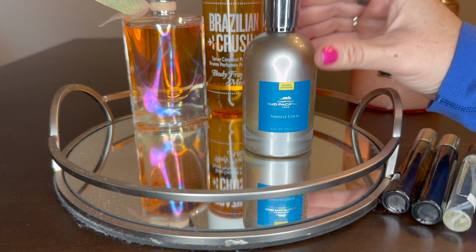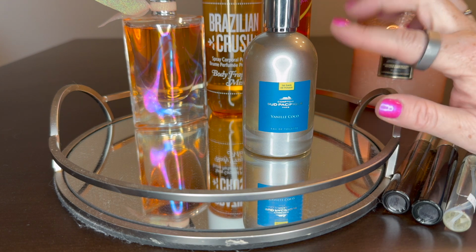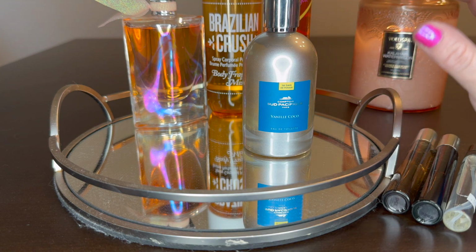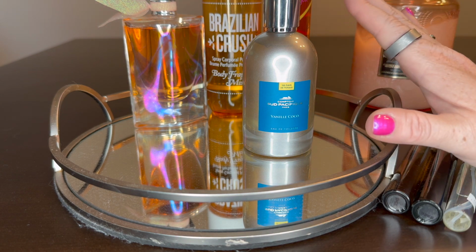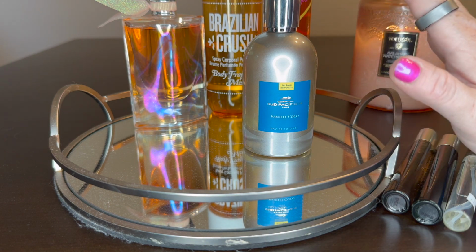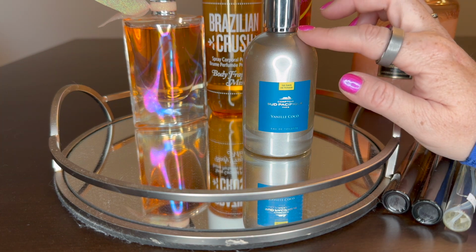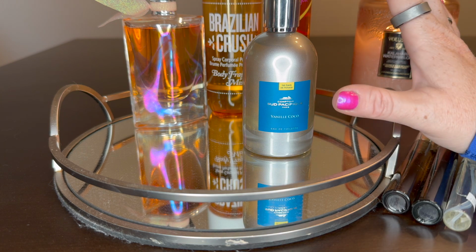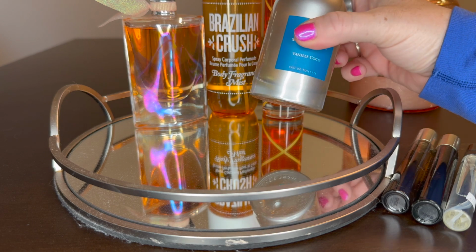From Comptoir Sud Pacifique, we have Blvd Coco, and I'm going to link the video that I just did kind of telling you guys my rundown on my current stash of Comptoir Sud Pacifique, because this is a great brand that is very underrated. It is niche, but it's very affordable, especially if you look in the right places. This is the Blvd Coco. This is a beautiful coconut vanilla balanced perfume, and I love this one,